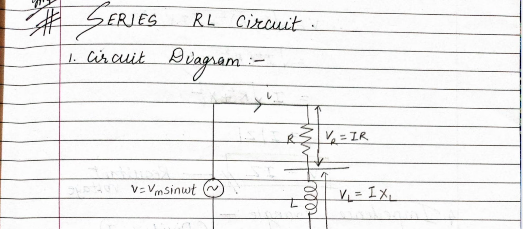Here also you have some points, like I have told you while explaining the AC circuits, which you have to cover while explaining your answer in the exam, whether they are mentioned in your question or not. First is your circuit diagram, then we have the phasor diagram, then the voltage triangle. Don't worry, I am going to explain every one. Then the impedance triangle, then the waveform, which is an important one, then power and power triangles. This is what you have to cover in series RL circuit or series RC circuit.